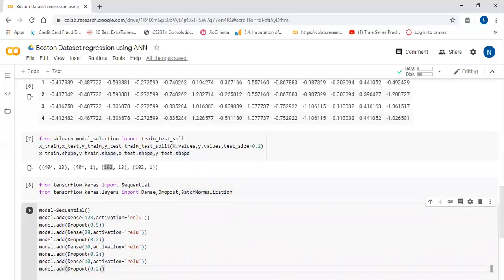So on output we need only one value per row, per input, right? So I'm going to say only one. I need only one value per row. And activation function, I'm going to say linear, because we are solving the linear regression problem. So at the final layer, we need the activation function as linear. Okay. So this way we have created the model